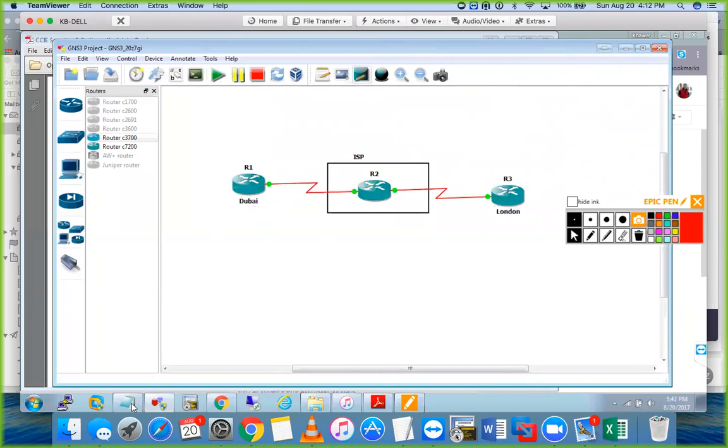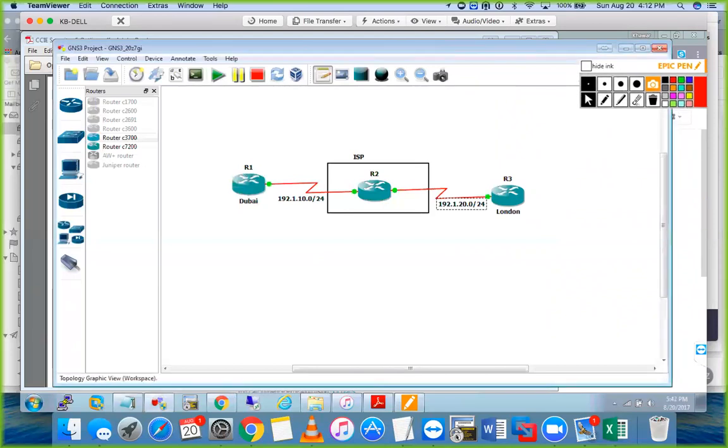All right, so this is my network that I'm going to be configuring. This is my public address on the internet. This is the public network for the London router. On both sides, I have some internal networks, which I'm going to simulate by loopbacks over here. And I want you guys to help me out with the configuration that we did yesterday in terms of the GRE tunnel to connect R1 and R3 to each other as if they're directly connected to each other. All right. So to start configuring this over here,